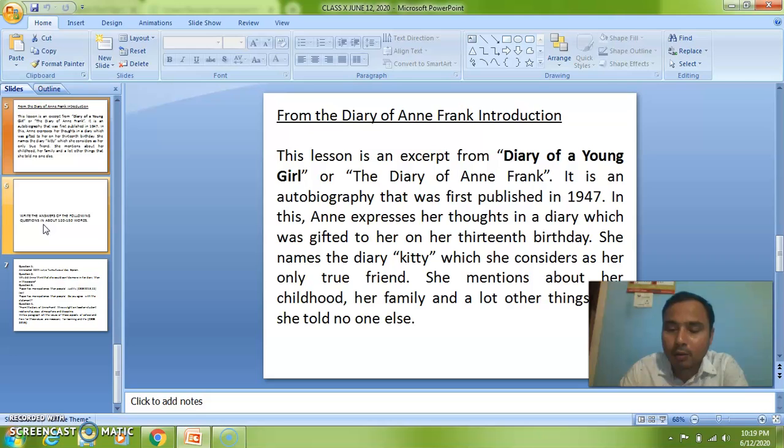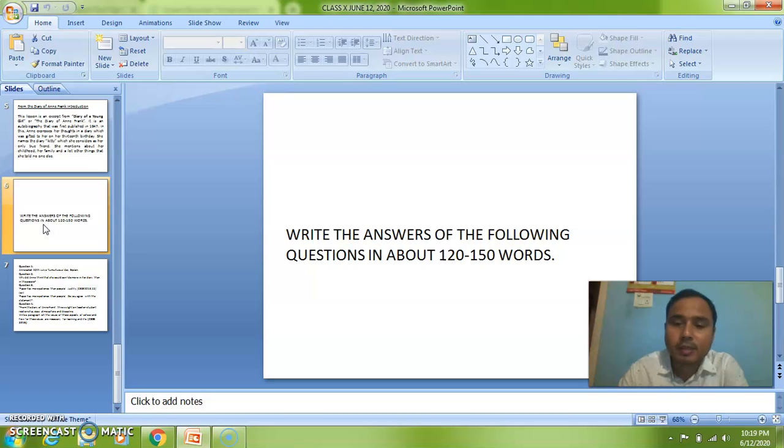So that is all about the chapter. The chapter talks only about the family as well as the school. If you want to know more about the story, you can go back to the novel and read it once. As I mentioned earlier, I came with a few questions. You have to write these answers in about 120 to 150 words, and the questions are very important,